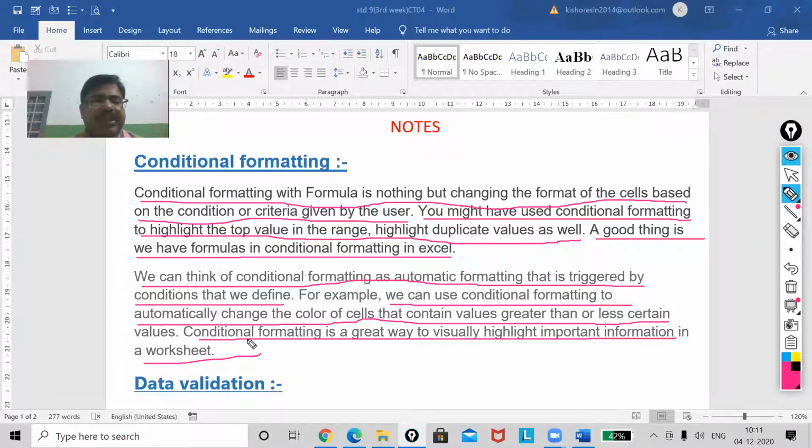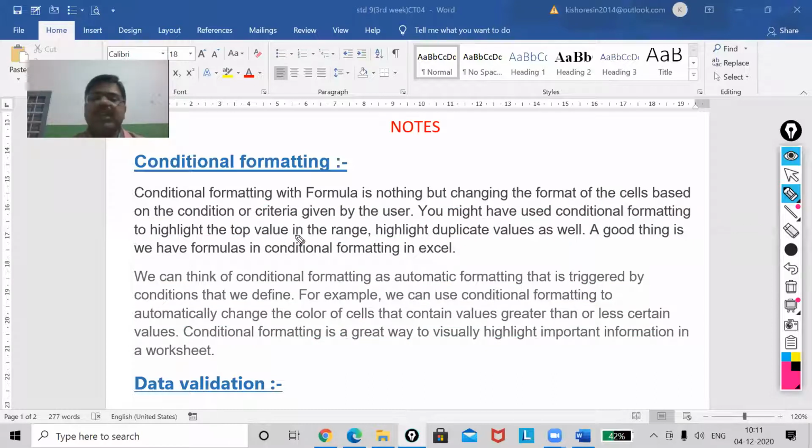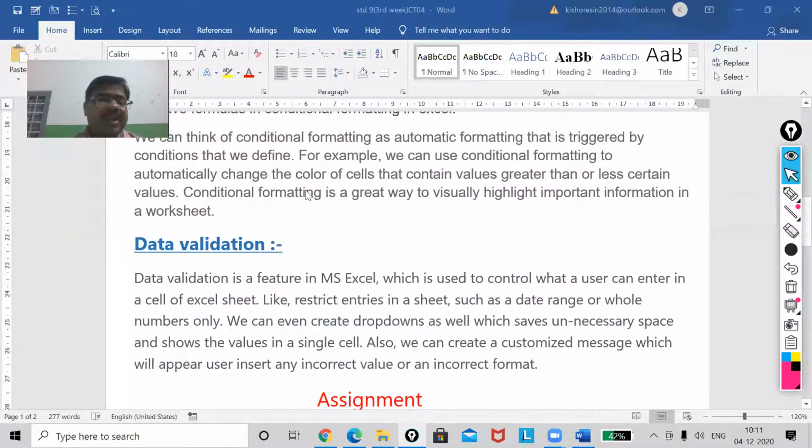When I will be discussing conditional formatting and data validation via the sheet, at that time I will explain these 2 topics. Next one is your data validation. That means how you want to give a hint to the user, or how your data should behave in your cells as per your restriction.